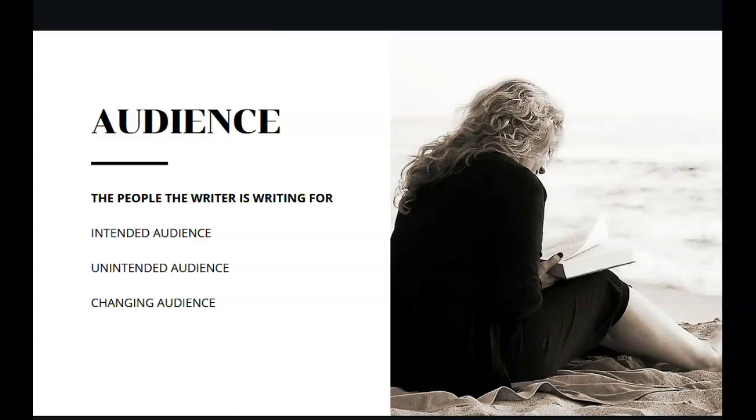So if you can use something like that along those lines, I think that can help you with your own writing. So you've got that intended audience, the group or the individual person that you're writing for up front. But then, of course, you also have the unintended audience. The unintended audience, for Stephen King, for example, would be everybody else who also happens to enjoy the same type of stories that Tabitha likes. So your stories will be the same, I'm sure, where you may write for one person or you may write for one group of people, but you may find that more people are actually pretty interested in your stories than you thought up front.